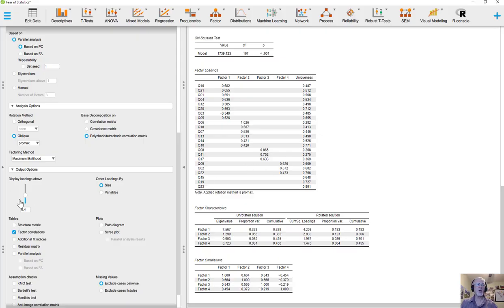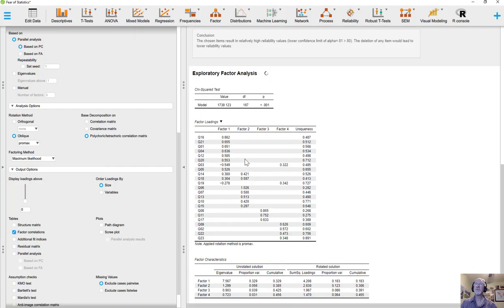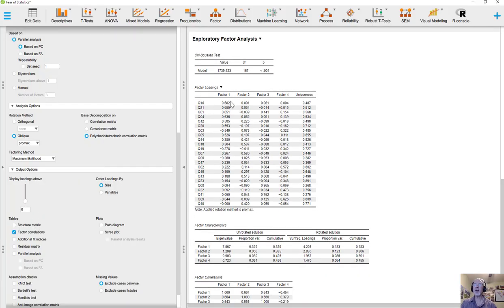You'll notice the default here is for them to show you the factor loadings for 0.4 and above. There are some people who basically swear by 0.32 and above. And if I change it to 0.32, I get more loadings over here. You notice that if I drop it all the way down, it's spinning. Now it loads up with numbers all over the place, making it hard to see the patterns